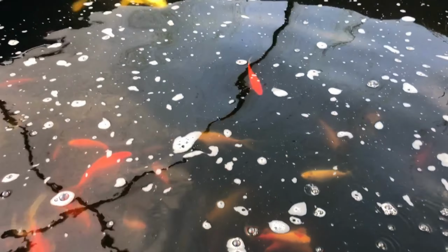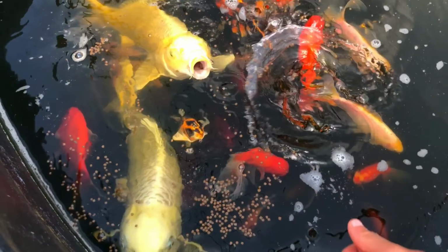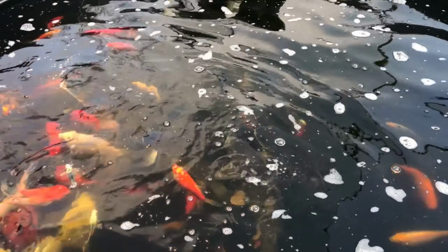But yeah, Fred's doing great. We're getting some food now. There you go, Fred. Some spread out so they can all get a bunch of food. But yeah, these guys will all be going soon, so I can get some new fish for this pond, which